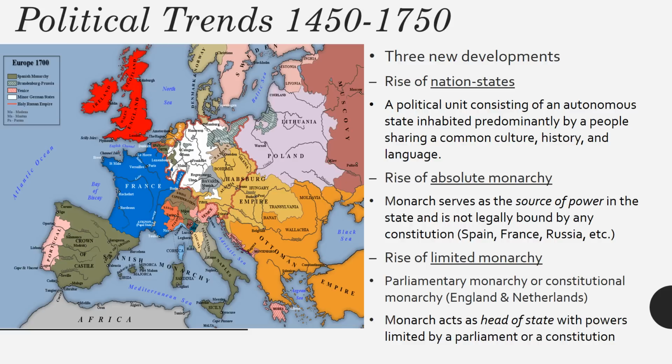Your monarch is your head of state, with certain powers being limited from them by a parliament, a large body of people who make up most of the decisions, or a constitution. In England, that occurred in 1215 when they signed the Magna Carta. The king's power has been checked ever since, right, with a parliament. In the Netherlands, we know that your federation in that policy moving forward from the Holy Roman Empire is what leads to that. So all of that today for you there, 4.1 I should say, and 4.3, looking at